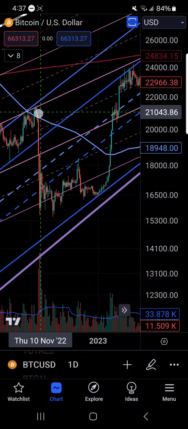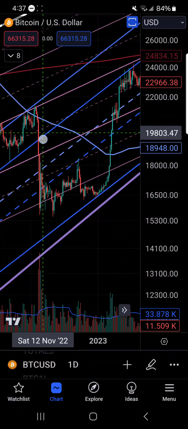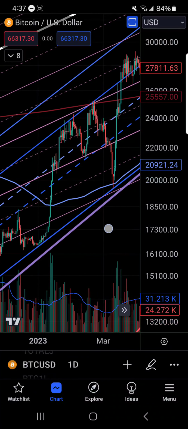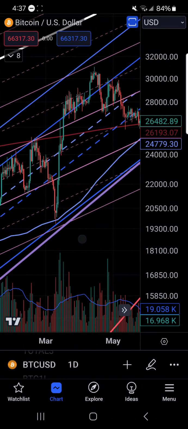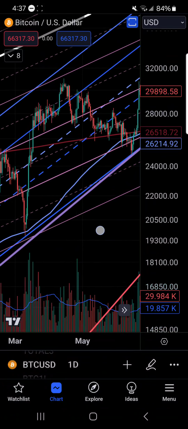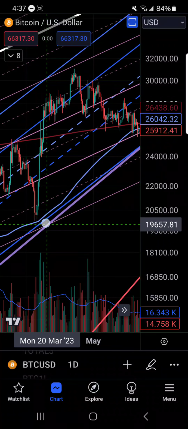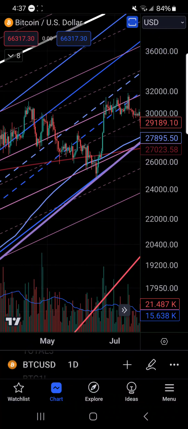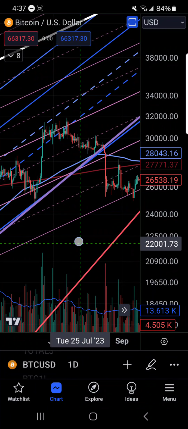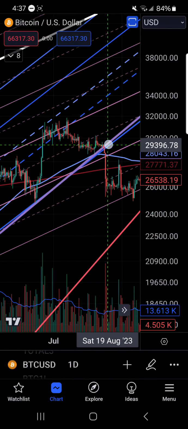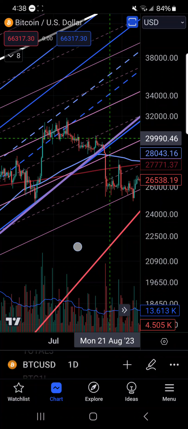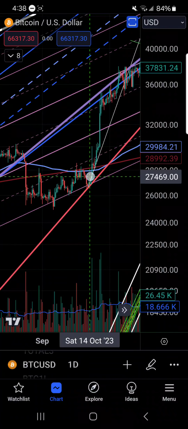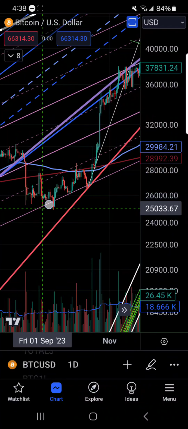And this is where we were trading before FTX caused this big dump here. And then you can see the interaction with the blue channels going upwards. And the bottom of this blue channel acted as support here and here. And if you recall, everybody was freaking out when we lost it here in August of 23. But in actuality, we simply came down to the base of this channel,